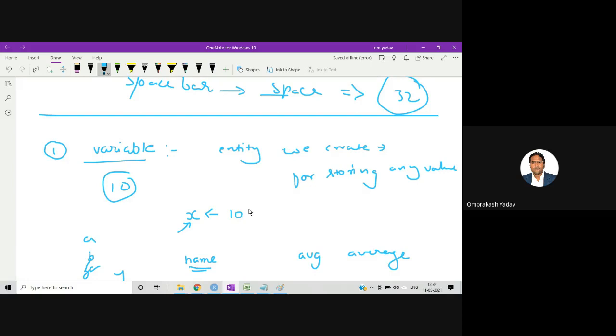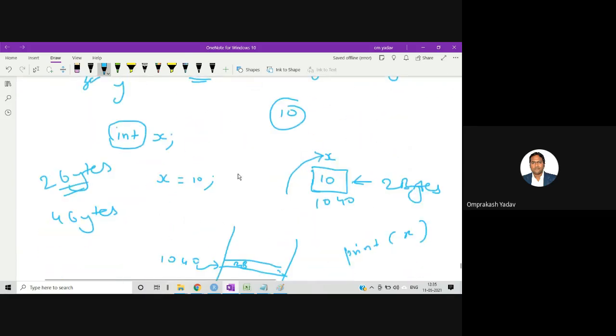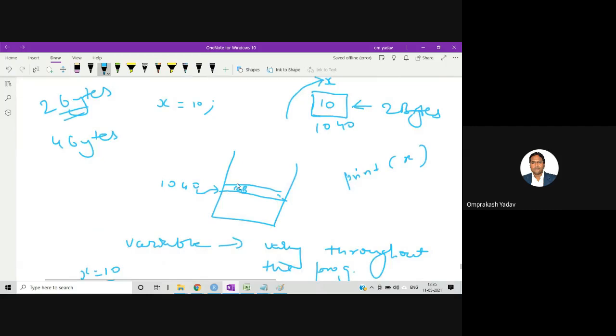Second point, it is also called an identifier. It is called an identifier because it is going to identify a certain value in the memory space.